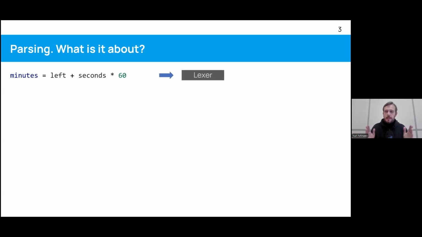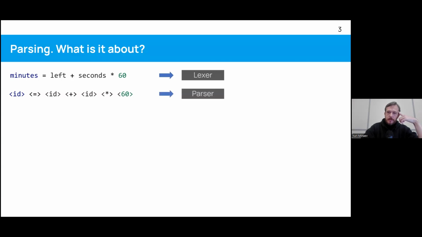So what it does, it divides the entire source to some small pieces and it labels them. So as a result of lexing, in this example, we get something like that. So ID, equals sign, ID, blah, blah, blah, etc. And this token stream, so-called, it goes to the parser then.